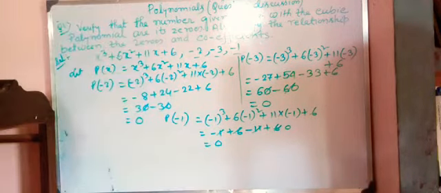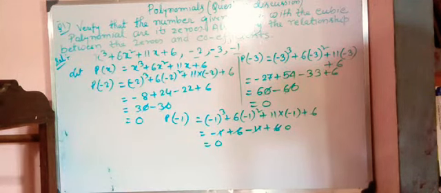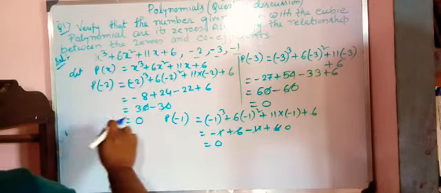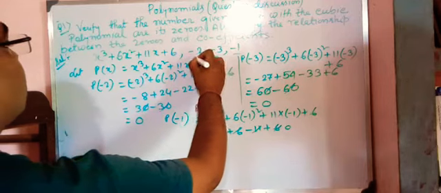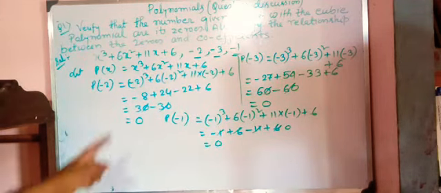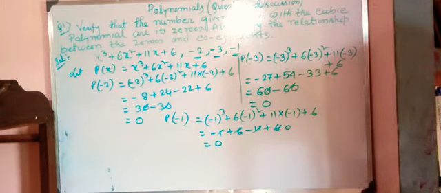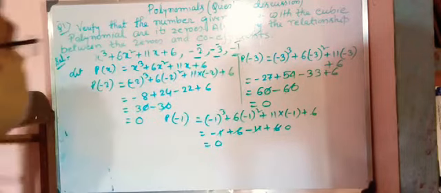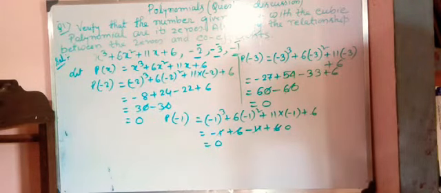So in all three cases we are able to see that the polynomial value at x equal to -2, -3 and -1 becomes 0. So we can write that these three numbers are the zeros of the polynomial. Next we have to find the relationship between the zeros and the coefficients of the polynomial.